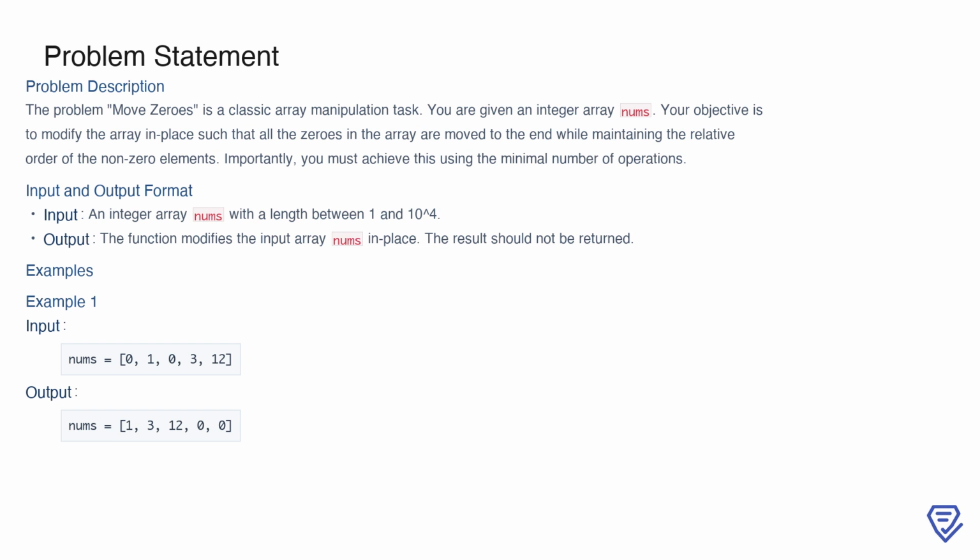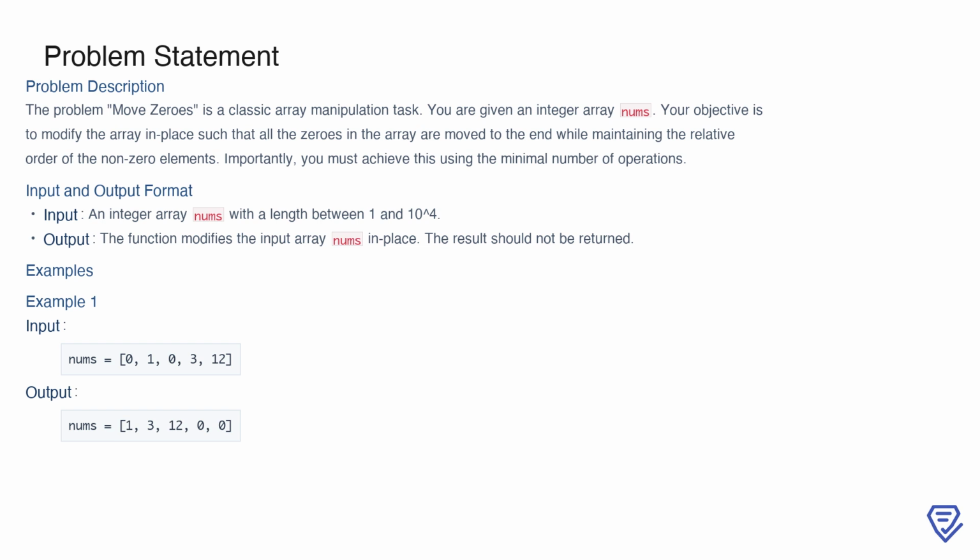Let's look at the input and output format. The input is an array nums with a length ranging between 1 and 10,000, and the output is not a separate value but the modified version of the same array. For example, if the input is nums equals [0, 1, 0, 3, 12], the output should be nums equals [1, 3, 12, 0, 0]. This result is achieved by moving the zeros to the end while maintaining the order of